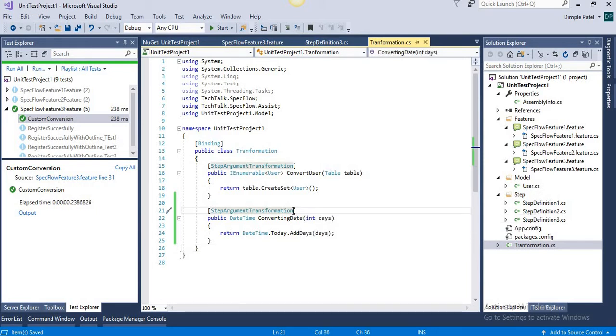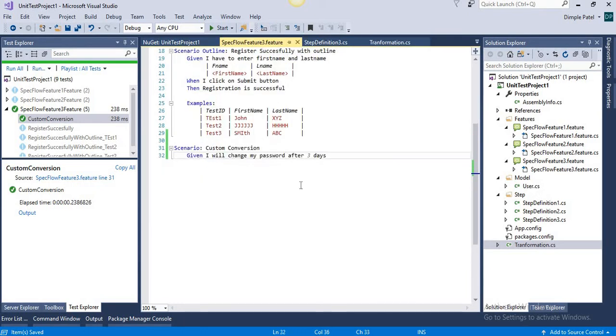We can give a regular expression here, so we can pass a parameter. What do you want to pass? Here my syntax is "after 3 days".